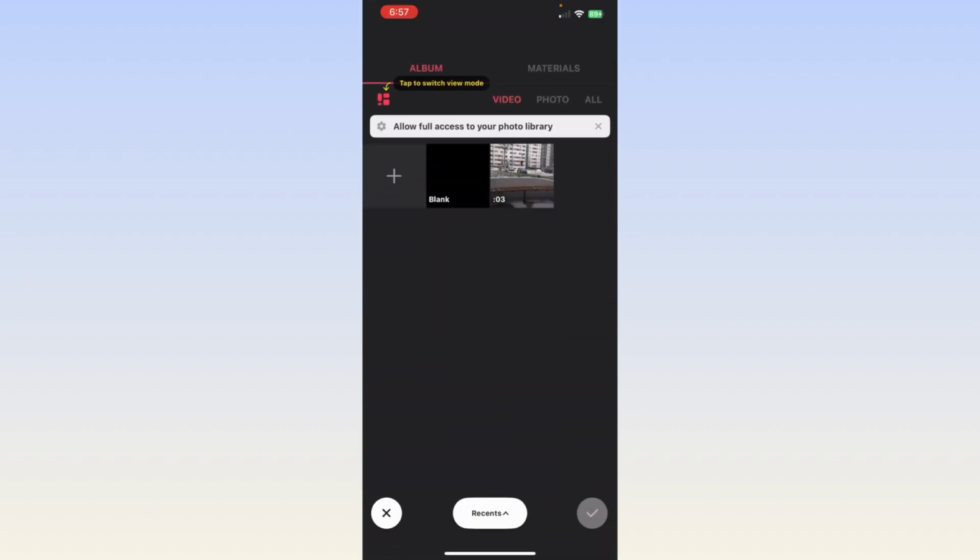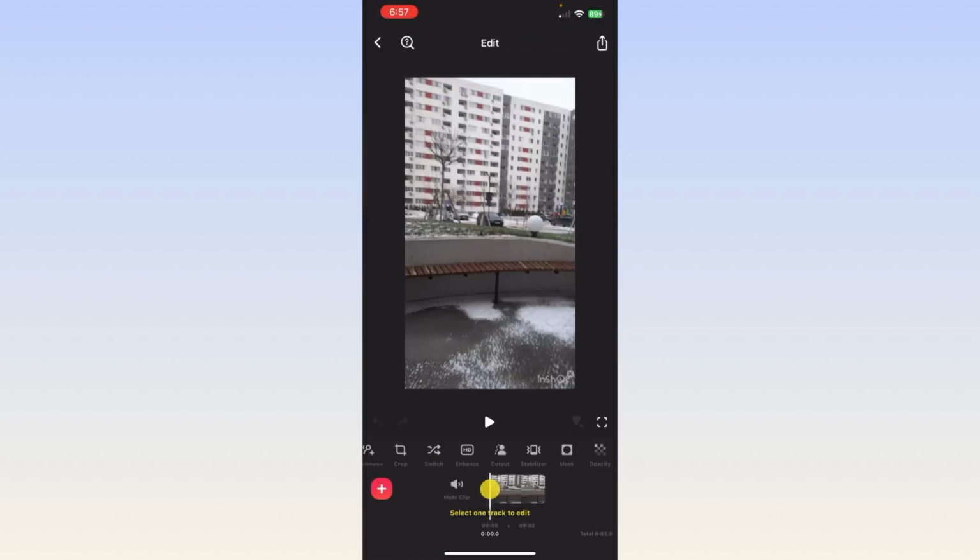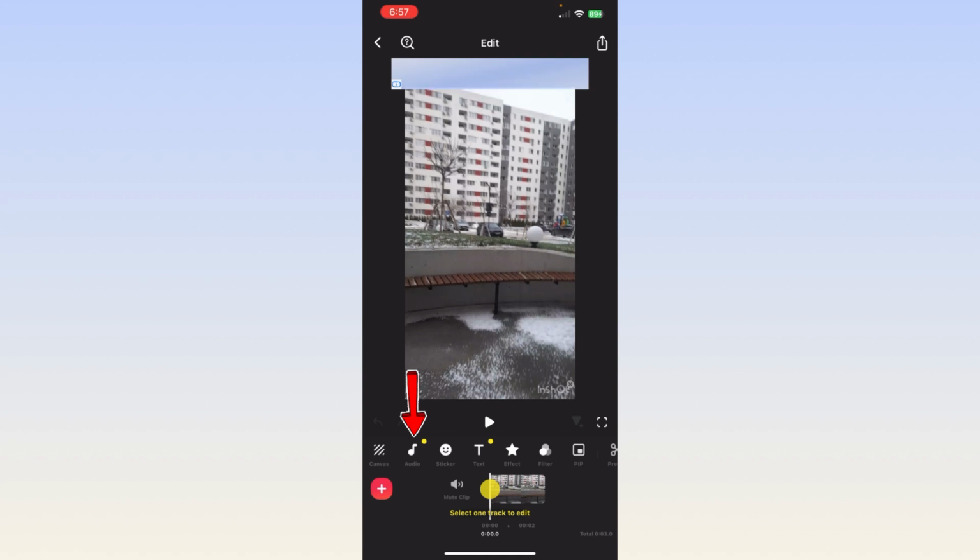So you need to select the video first, and let's check mark. You can see there is a right button at the bottom right corner of this section. So just tap on it, and once you tap on it, you can see there is an audio option on the screen. So you simply need to tap on the audio option,